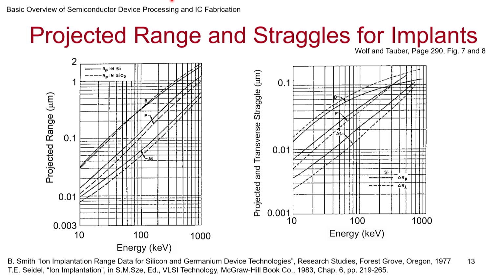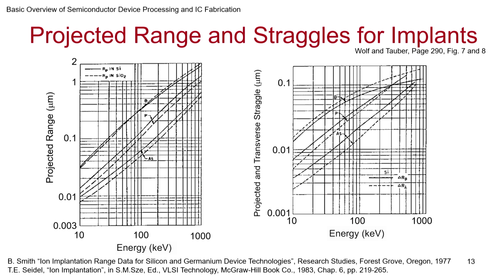SiO2 will be different, there are oxygen atoms also present, the arrangement is different. So, nuclear stopping will play a role. So, you find that there is a difference between Si and SiO2. SiO2 actually is able to block the ions more. So, that is why SiO2 can be a good masking layer. Okay? And you also see that, of course, boron gets much further inside because it is a lighter atom, and so it is able to find its way, and it goes deeper, and that is what you get from here.